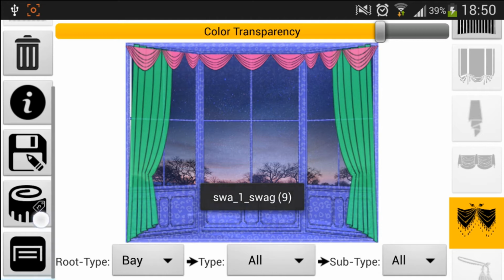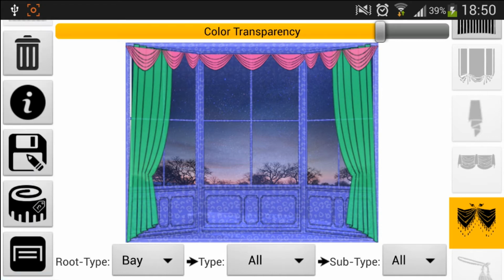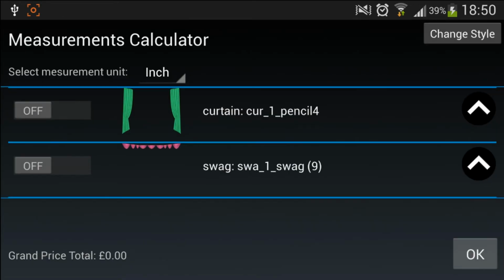Okay, let's say I want to calculate also swags. To calculate it, I need to make sure that it's visible on the screen. Then I can go to measurements. So I go back to measurements. And I can see that both curtains and swags are here. So I want to calculate them.